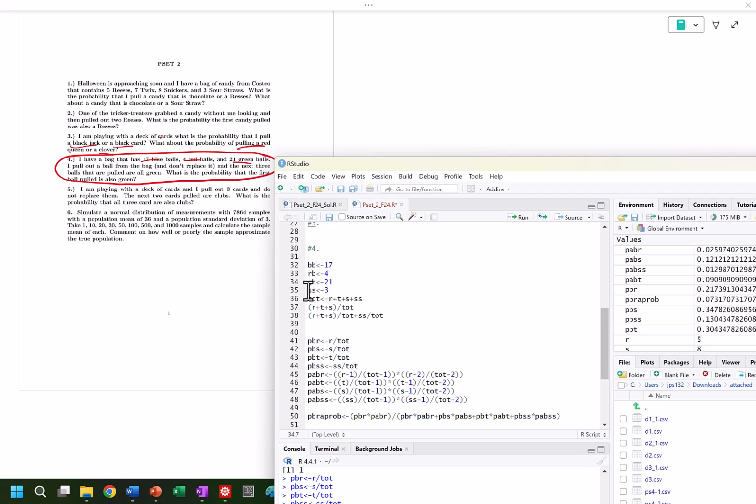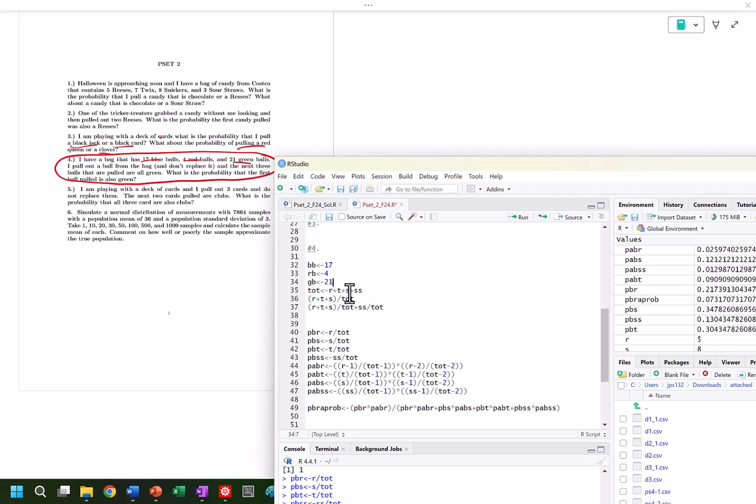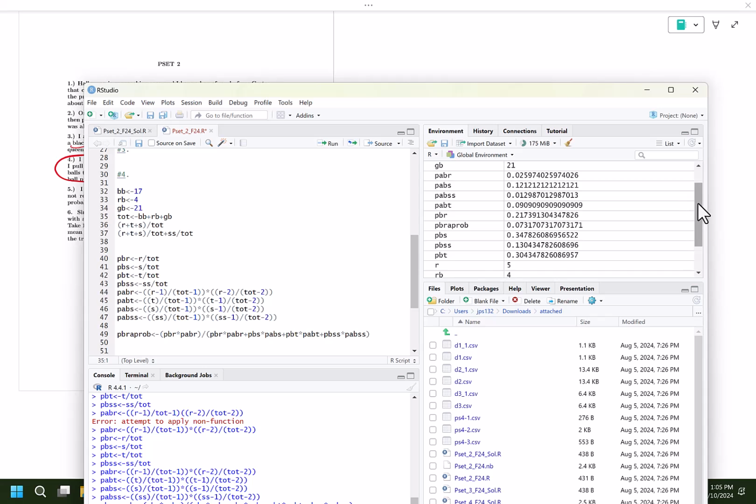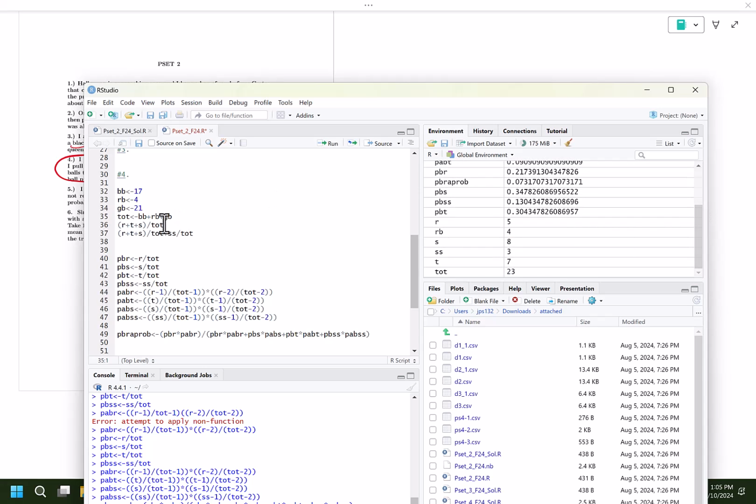And then my total will just be those, basically blue ball plus red ball plus green ball. I want to read those in right now. Boom, boom, boom. I want my new total to be this, and so let's actually double check and make sure that our total changes. Obviously, we probably want to change the notation here, but I'm going to be a little bit lazy right now,